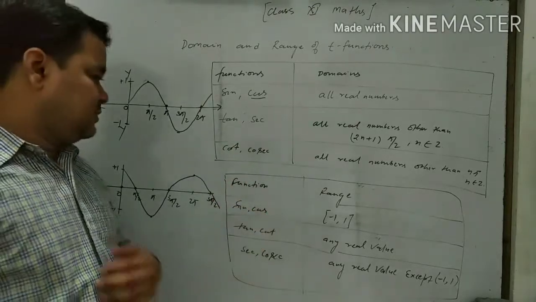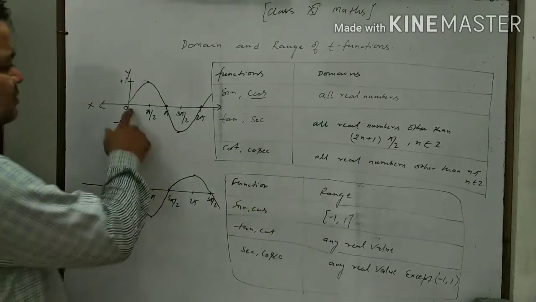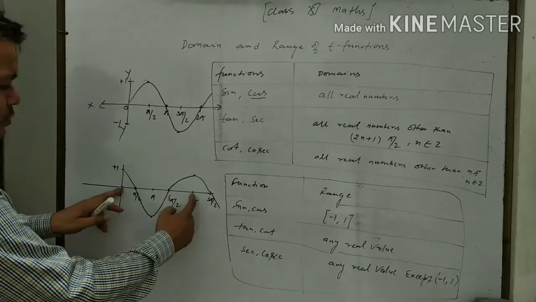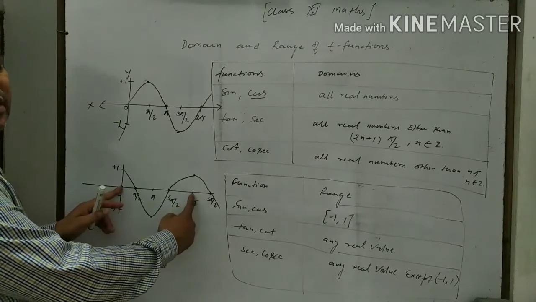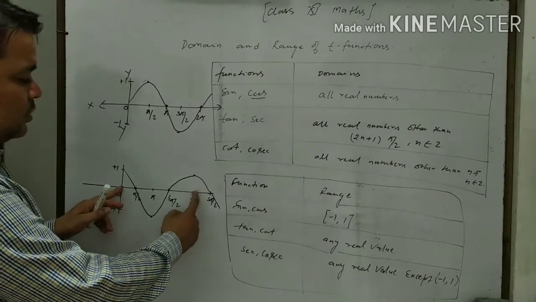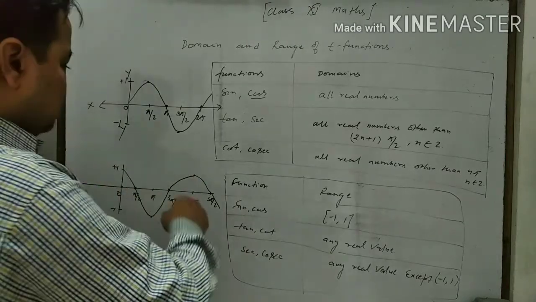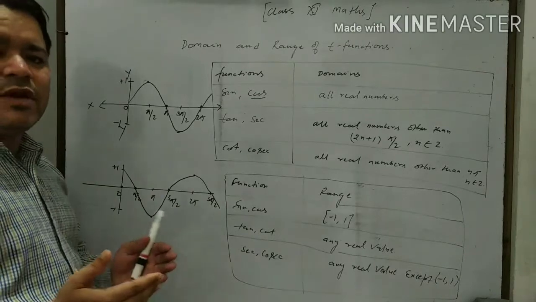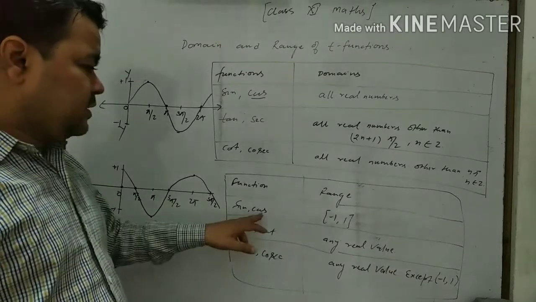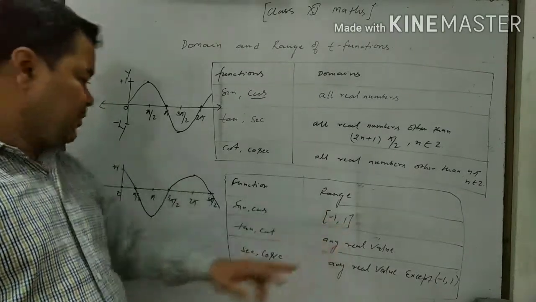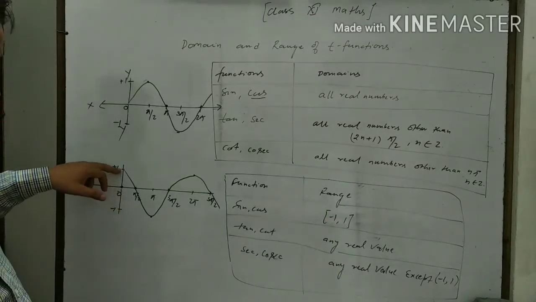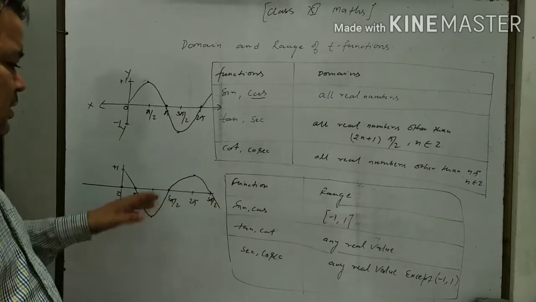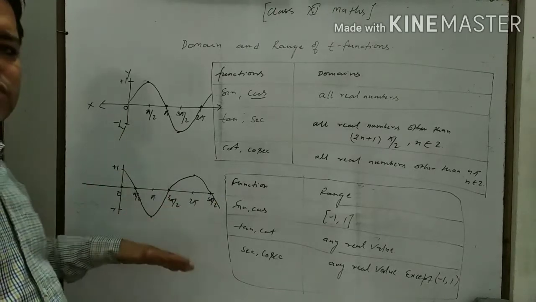We will discuss later. So here the period of sine is 2 pi, the period of cos is also 2 pi. Here 0 to 2 pi, but we write only period of cos is what? 2 pi. Its domain is all real numbers, means whatever value we will take, we get some value of cos. Its range is also -1 to 1, because the maximum value of cos is +1 and the minimum is -1. Whatever value we will take, the value of cos will vary from -1 to 1.